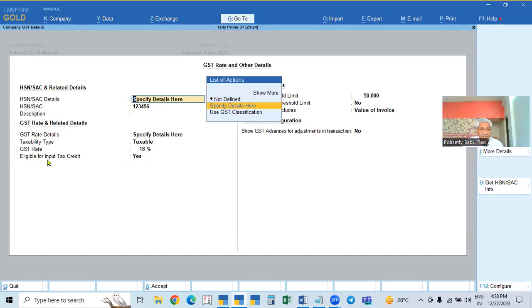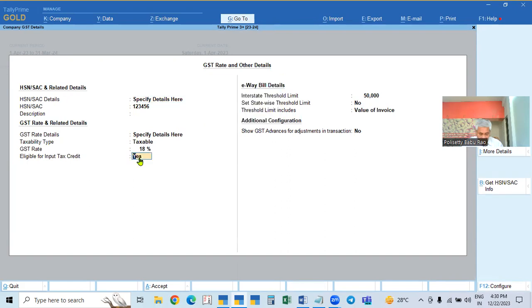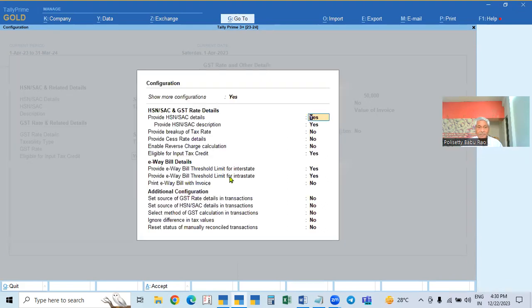And before that, eligible for input tax credit, whether the GST we are paying, whether in our company we are eligible to get this input tax credit or not. That is also yes, no. This option will not be available. How will you get it? Here, go to